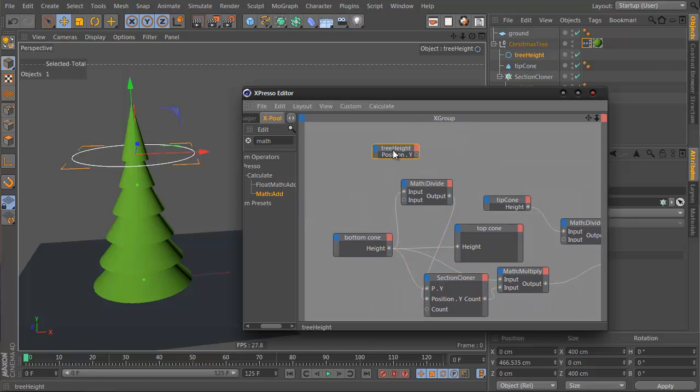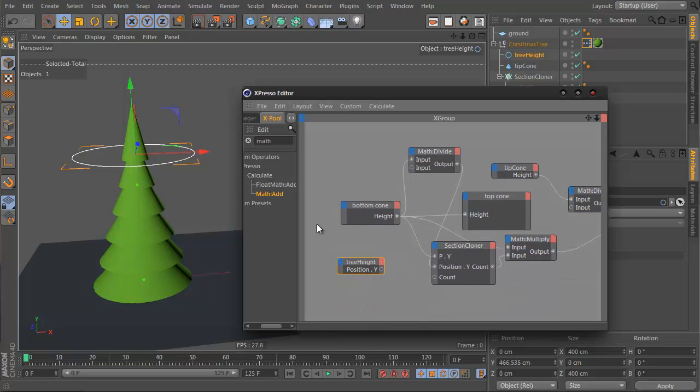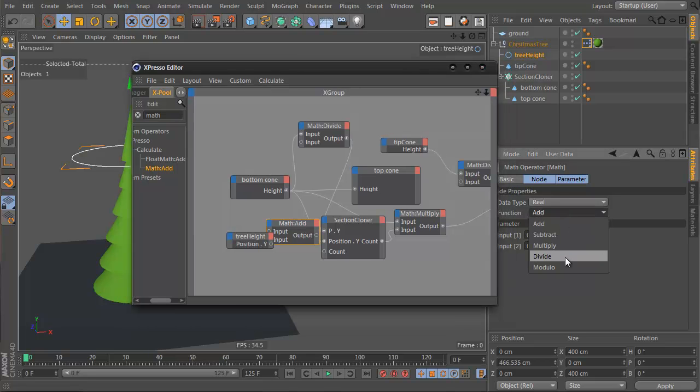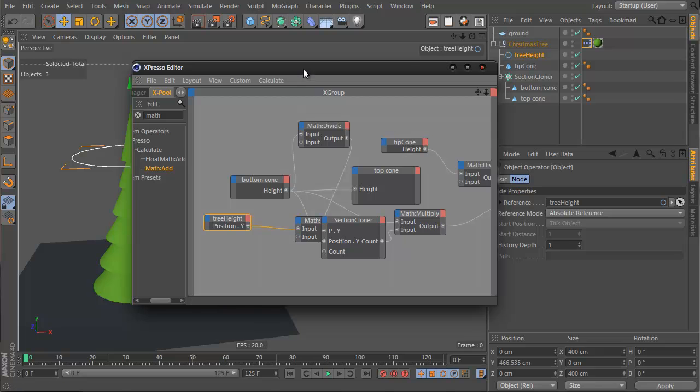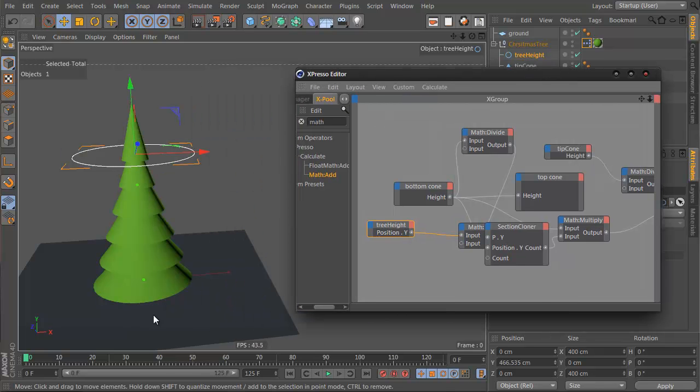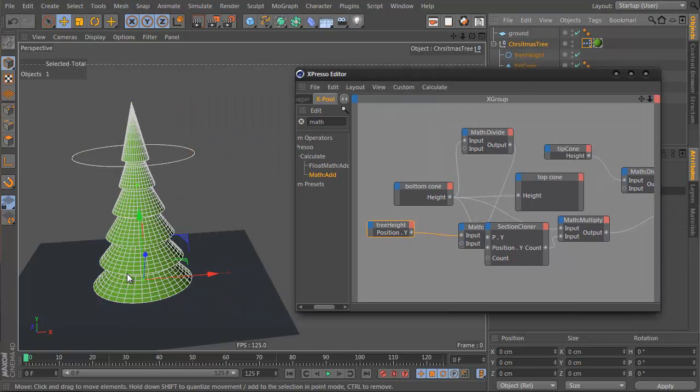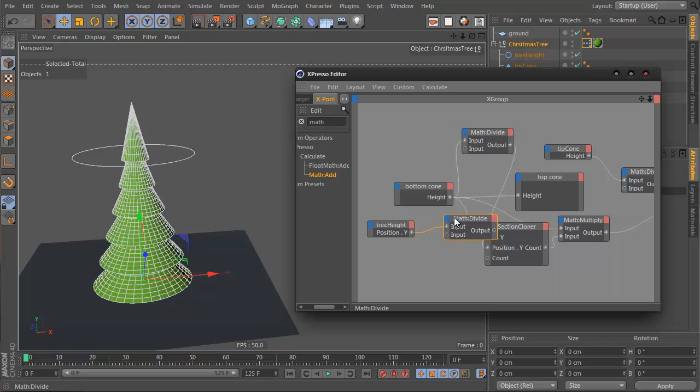And we do that by dividing the position of this tree height by the height of each clone. So let's add another math add. Let's change this mode to divide. And let's plug in the height, which is the total distance from this to the bottom of the null here. And we want to divide it by the height of each clone. And we want to pipe that